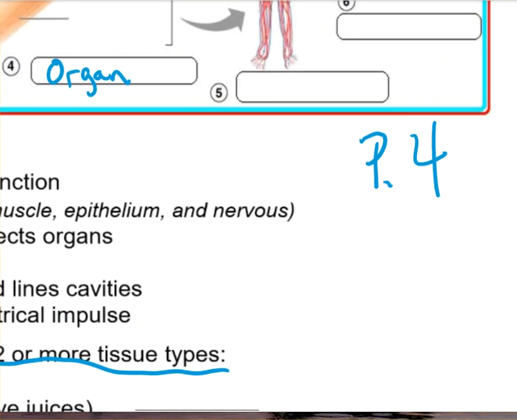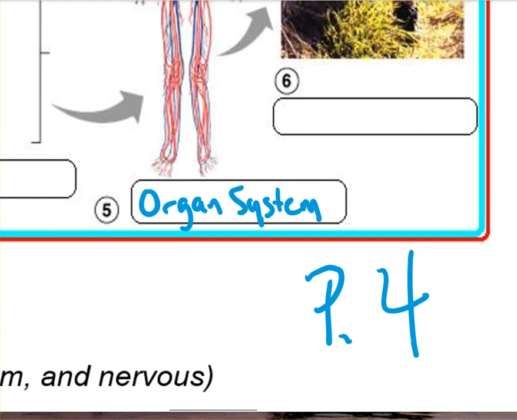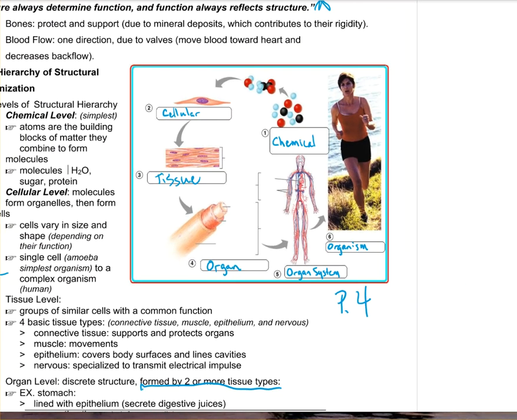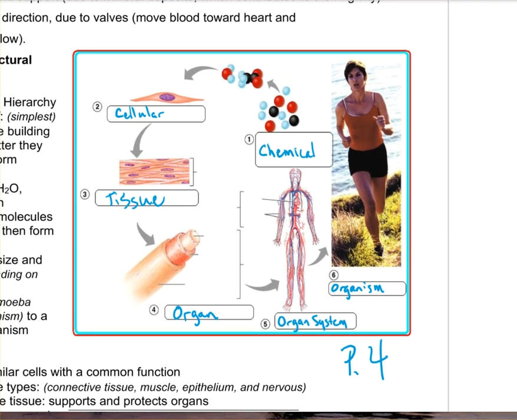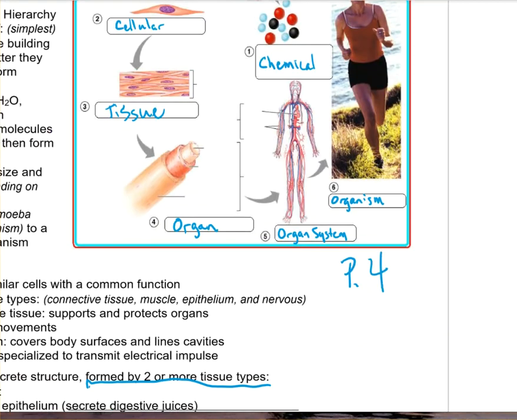So let's put the organ system in here, and I'm actually going to write the last 2 in. We're going to write organ system, and we're going to write the final one, organism, so we can have these filled out. So we've got the complete thing filled out now. Chemical, cellular, tissue, organ, organ system, and organism. So what is organ system and organism? Well,